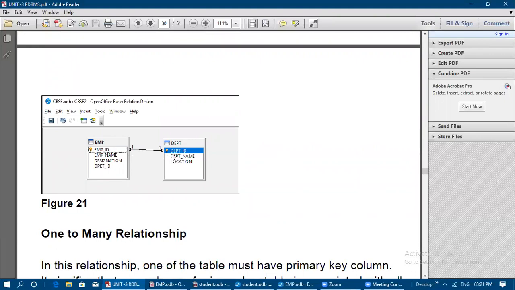You need to choose the primary key field so that the value is unique for every record. Employee ID and DEPT ID will be different for every individual row or record. But if you consider other fields, department name will be repeated for some employees, and location also will be repeated for some employees. There should not be any repetition in the selected field. So you need to choose one field name as the primary key field from both the tables. That should be done while you are designing the schema for the table itself.